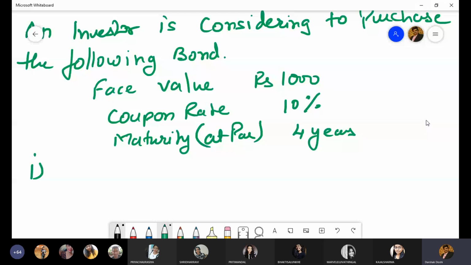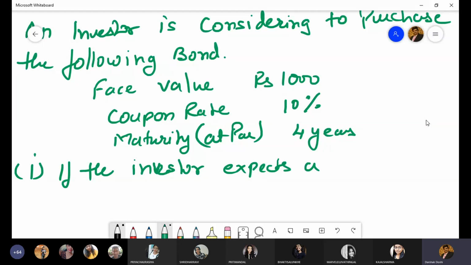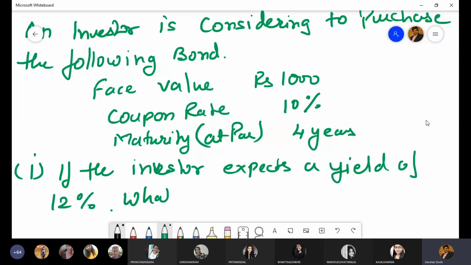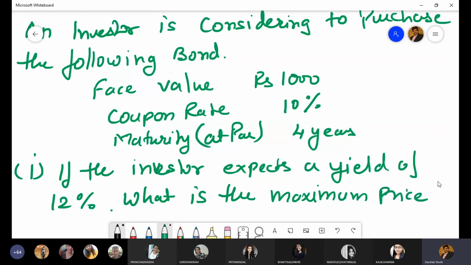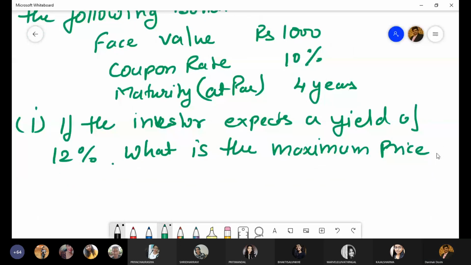Number one, if the investor expects a yield of 12%, what is the maximum price he should pay? Number two,